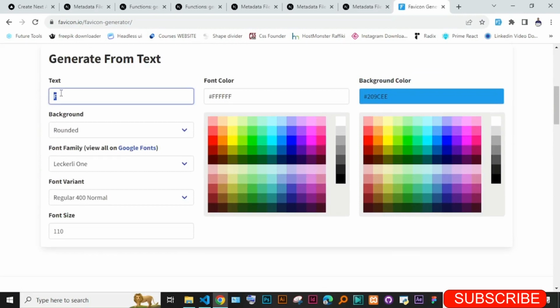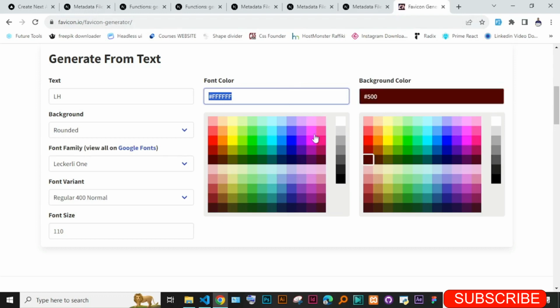So I can just go like LH, lighthouse furniture. Then they let you customize things like font color and background color. So let me just have a background color of this, and then a color of white,